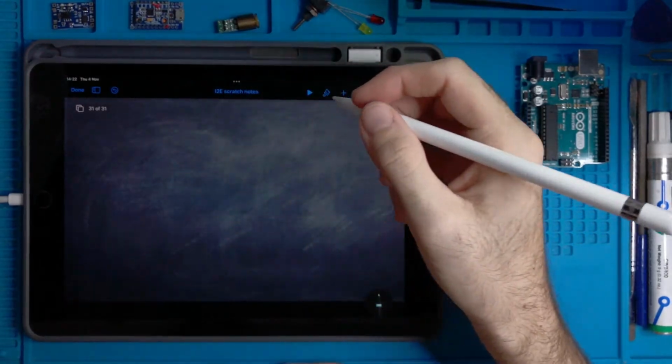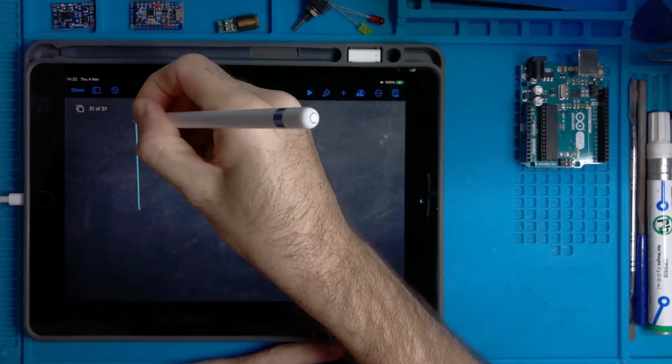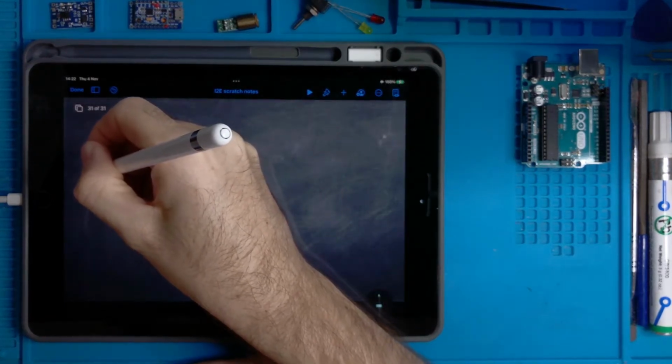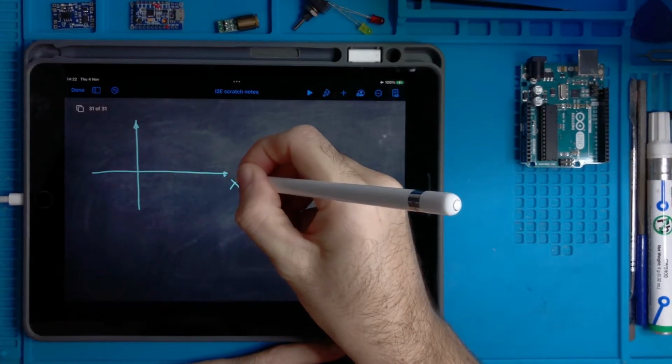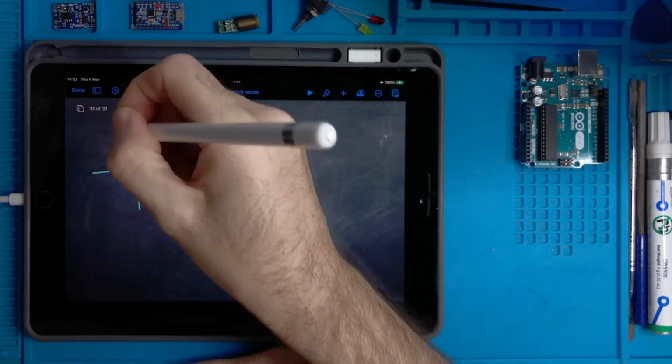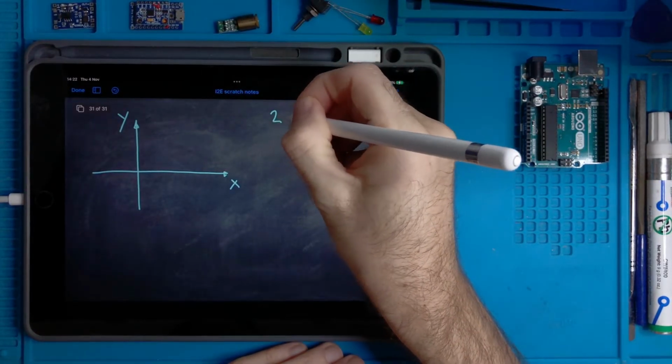So let's consider one elementary case. So I have what is called the Cartesian plane. So I put a label X and Y. So this is a reference frame from which we can start defining a 2D vector.